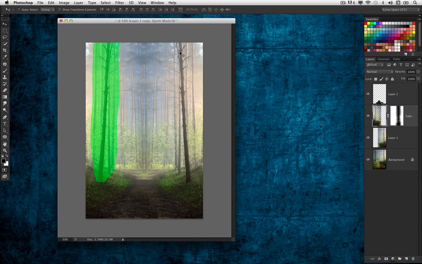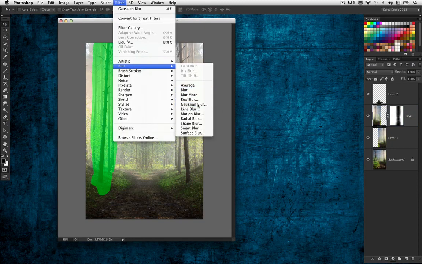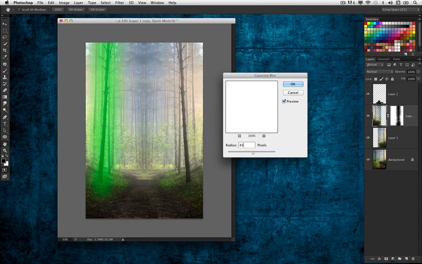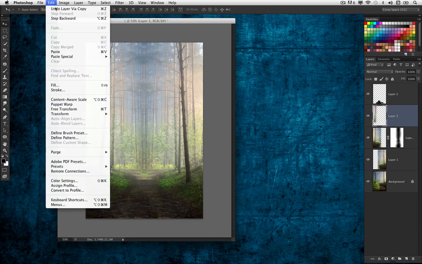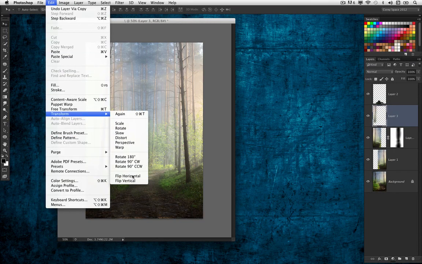Actually, I'm going to undo that a couple times. It was a little too much blur, I think, there. Plus, I am missing some bottom of the tree here. So this is one of those things when you're experimenting, playing around. So again, press Q, go under Filter, Gaussian Blur. We'll do about a 45 pixel blur. It doesn't need to be quite that big. Press Q again, back in the selection, Command J, and then let's just go to Edit, Transform, Flip Horizontal, and now those